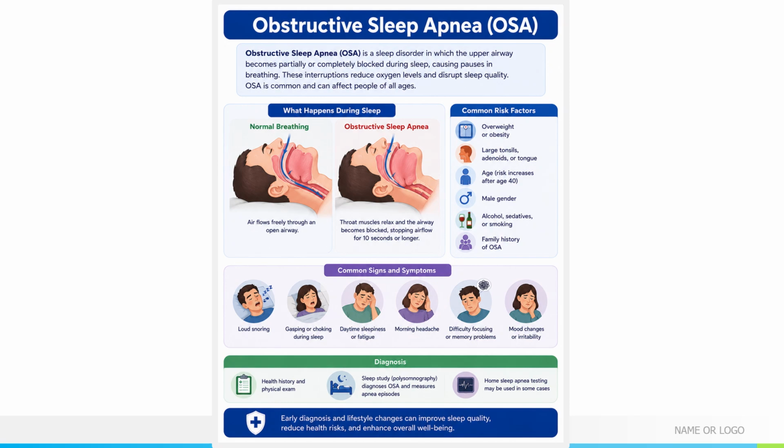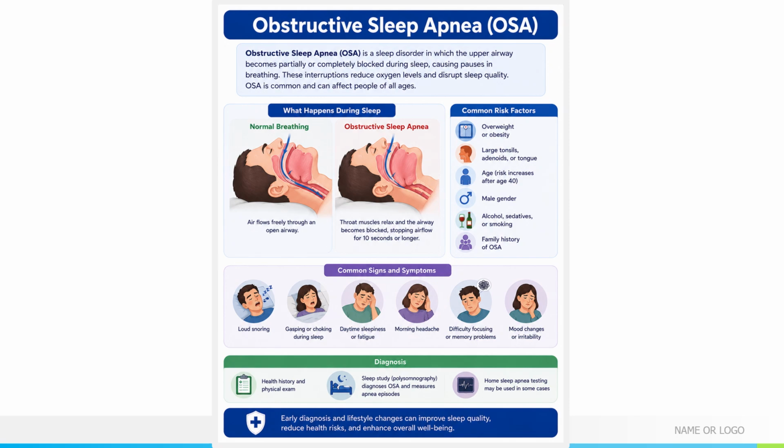Clinical manifestations. Many patients are unaware that they have sleep apnea because the symptoms occur while they're asleep. Often a spouse or family member is the first person who notices the problem, but common nighttime symptoms include loud, chronic snoring, witnessed pauses in breathing, again from the partner, gasping or choking during sleep, restless sleep, frequent night awakenings,